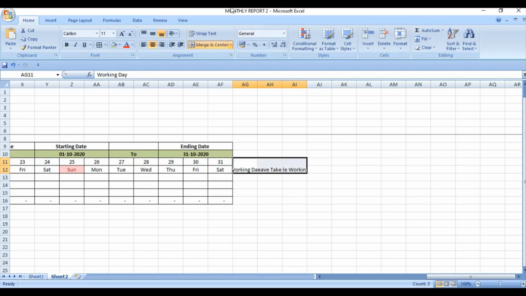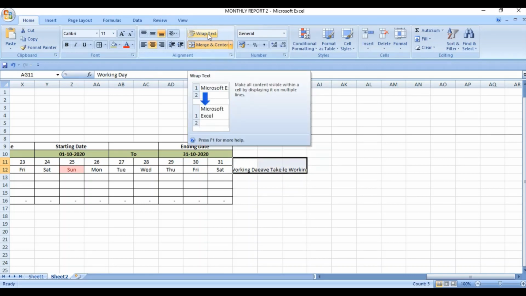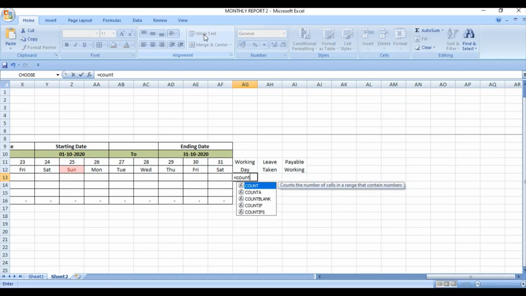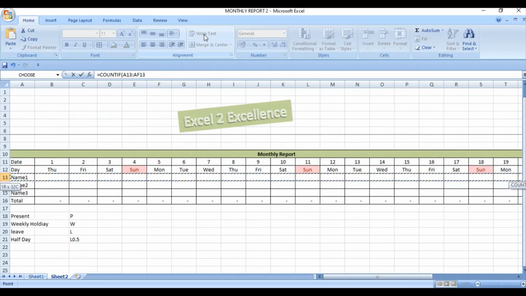Now wrap the text, as the length of the written text is more than the column width, so we can wrap this text using the wrap text function. Now the thing we have to do is application of a logical function, COUNTIF. In this case we will apply the COUNTIF function. So COUNTIF, select the range where we need to count.